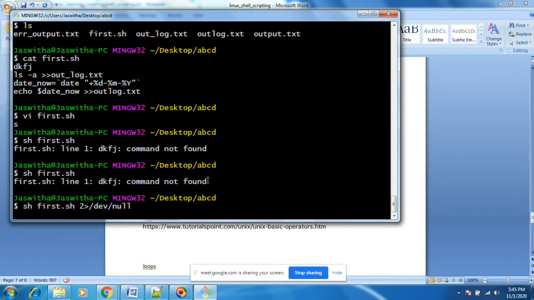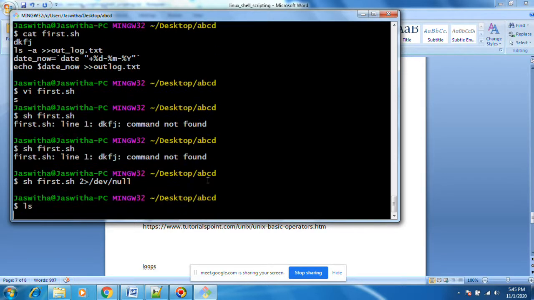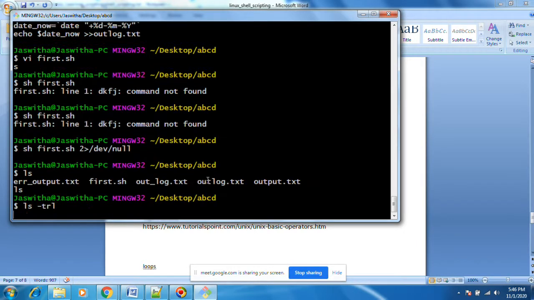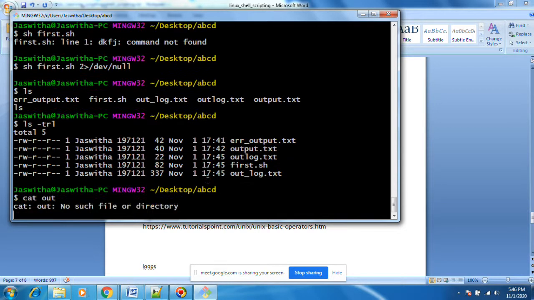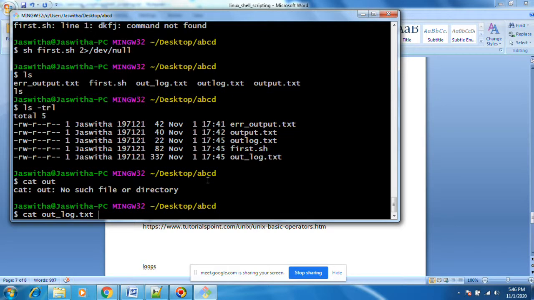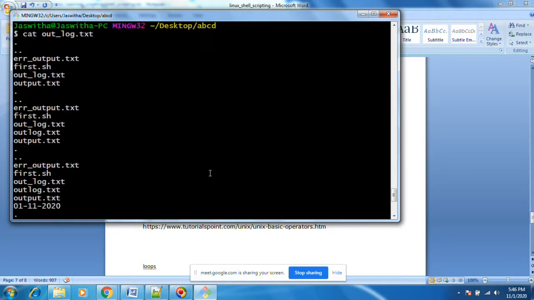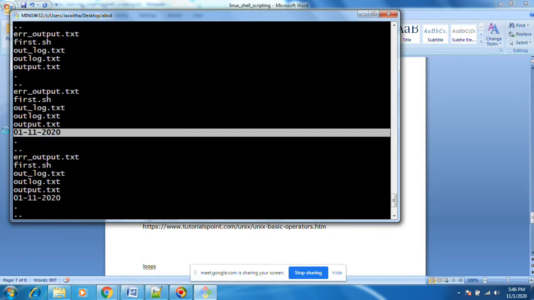I'm running it, and I don't want to see any exception in the program, you just run 2 greater than. Then you see the recently modified files are listed at the end. Forget about the first two executions. In the next execution I have added the date. You can put date and timestamps also, hours, minutes, seconds also.